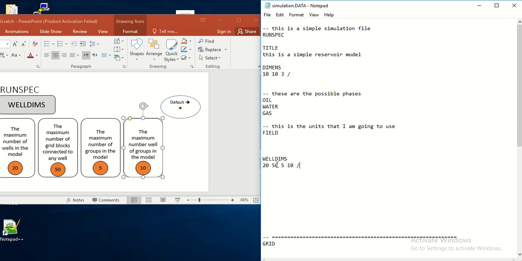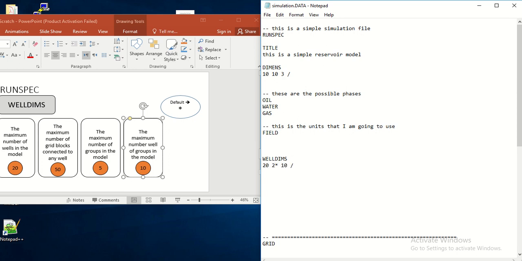And as I said, for example, if you want to say 50, I don't know the 50s, but take the default value, so you can write a star instead of 50. Okay, so it means that you have 20 wells, the default value of the number of connected grids, and 510. Or you can change this one to the default as well. So you have two default values. Okay. The more professional way to write two default values instead of star star is to write,